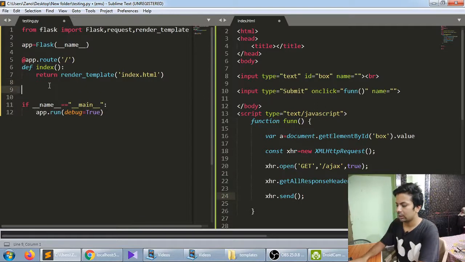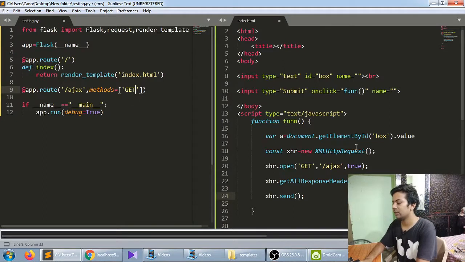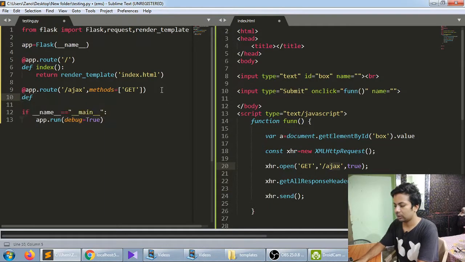And here let's make the route called app.route Ajax. See, we have written Ajax now. And see, it's very important to write methods in Ajax, otherwise it won't respond. So you definitely have to write methods. So our method, like get, we are getting something. Okay, get request from the Ajax.